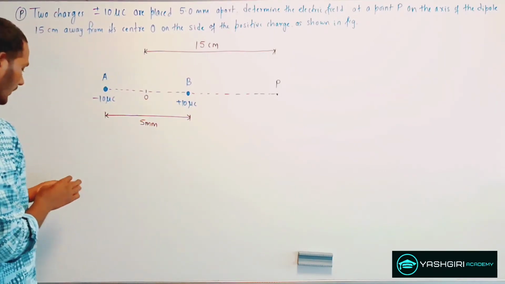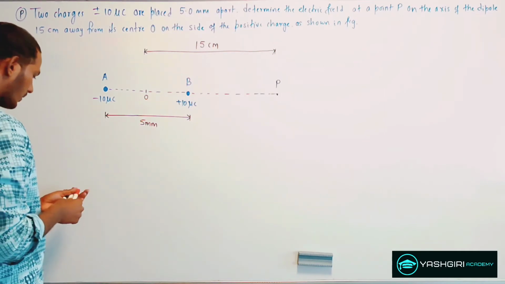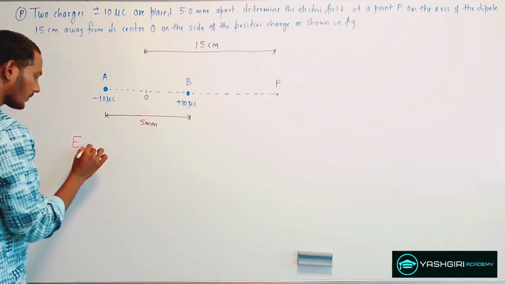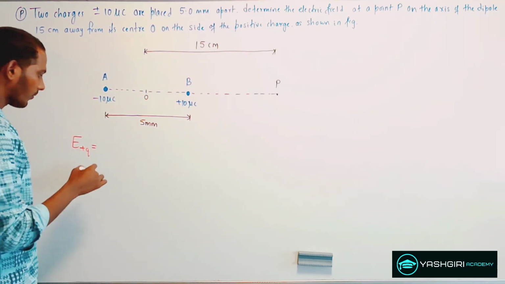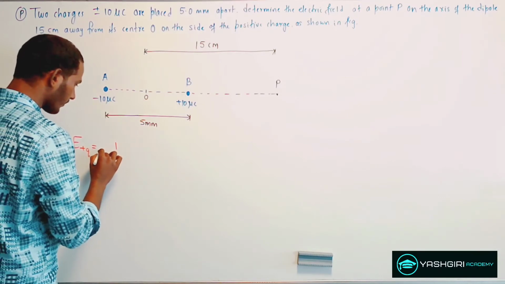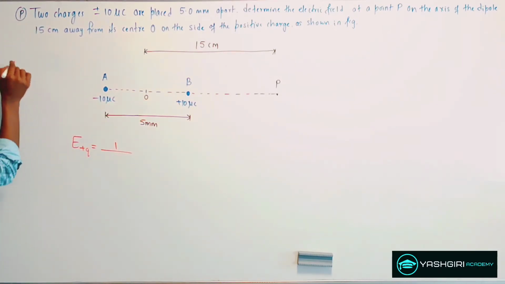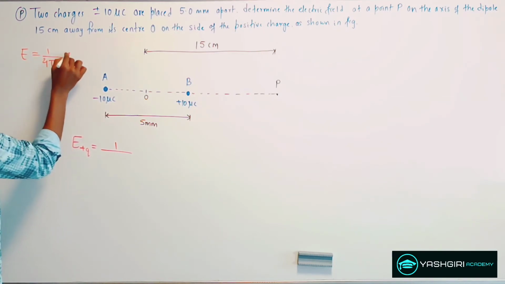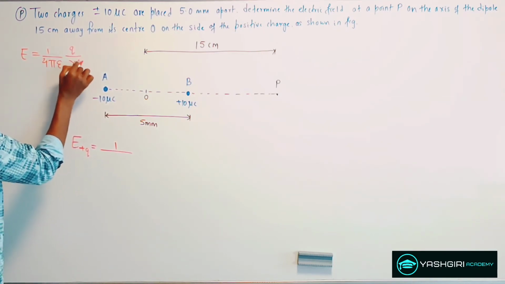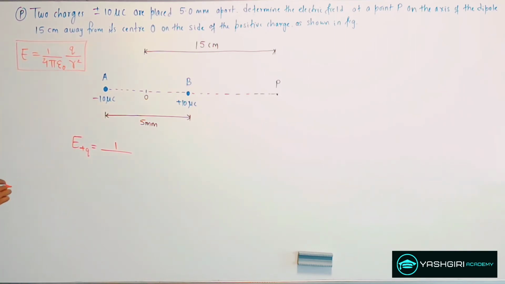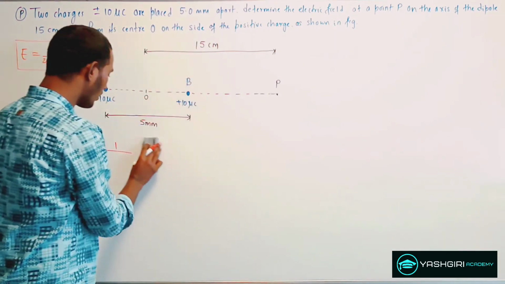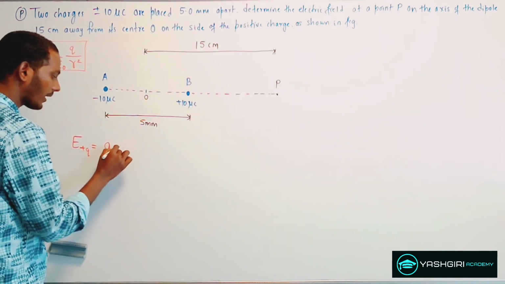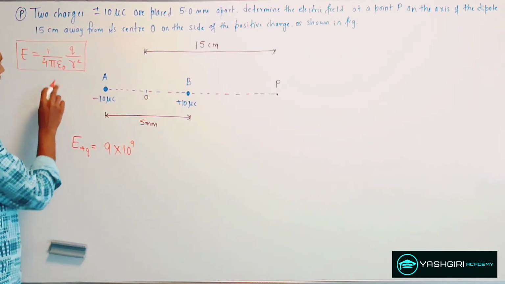So here if I calculate the electric field due to the positive charge, it is nothing but 1 upon 4 pi epsilon naught, correct? Let me write the general formula first. Electric field is nothing but 1 upon 4 pi epsilon naught into q upon the square of the distance. So that's the equation. Now here 1 upon 4 pi epsilon naught is the value of k. If you know it, I can write the approximate value of that, 9 into 10 to the power 9, correct,